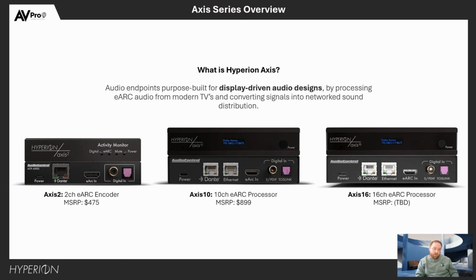into Dante, right? So there's 3 models. There's the Axis 2, Axis 10, Axis 16. And they all basically do similar stuff. Well, the Axis 10 and the Axis 16 are kind of in their own category versus the Axis 2. So